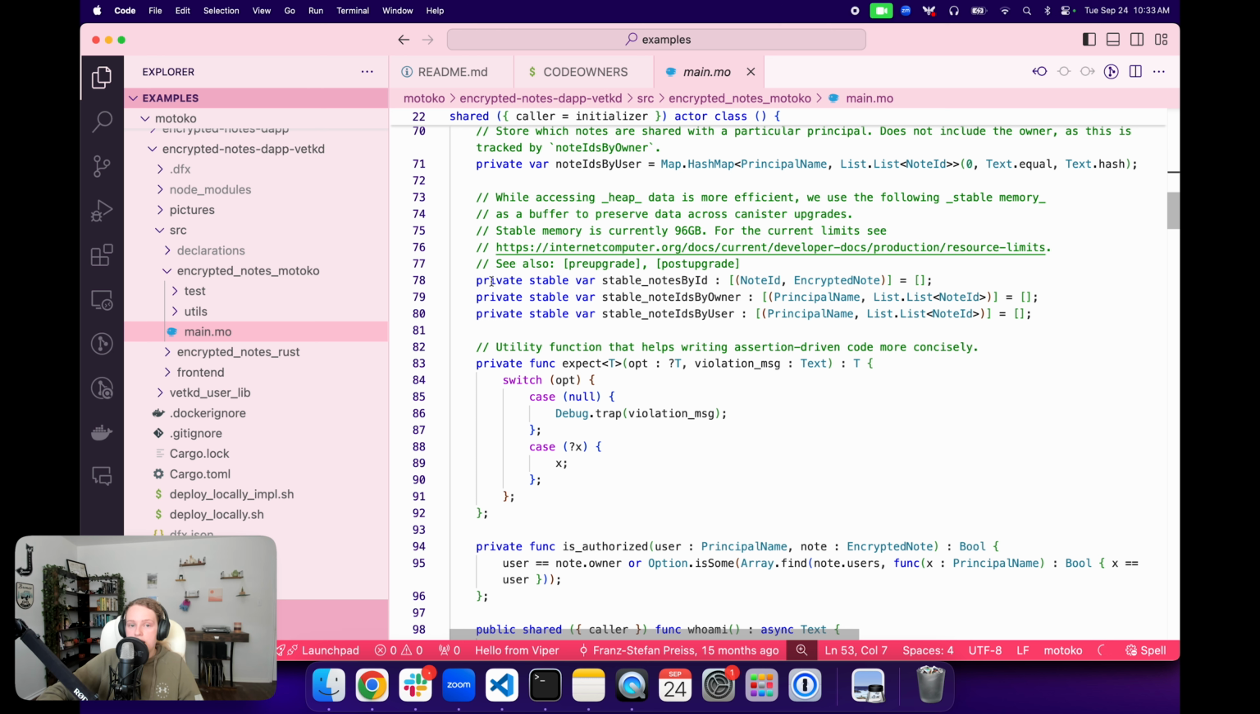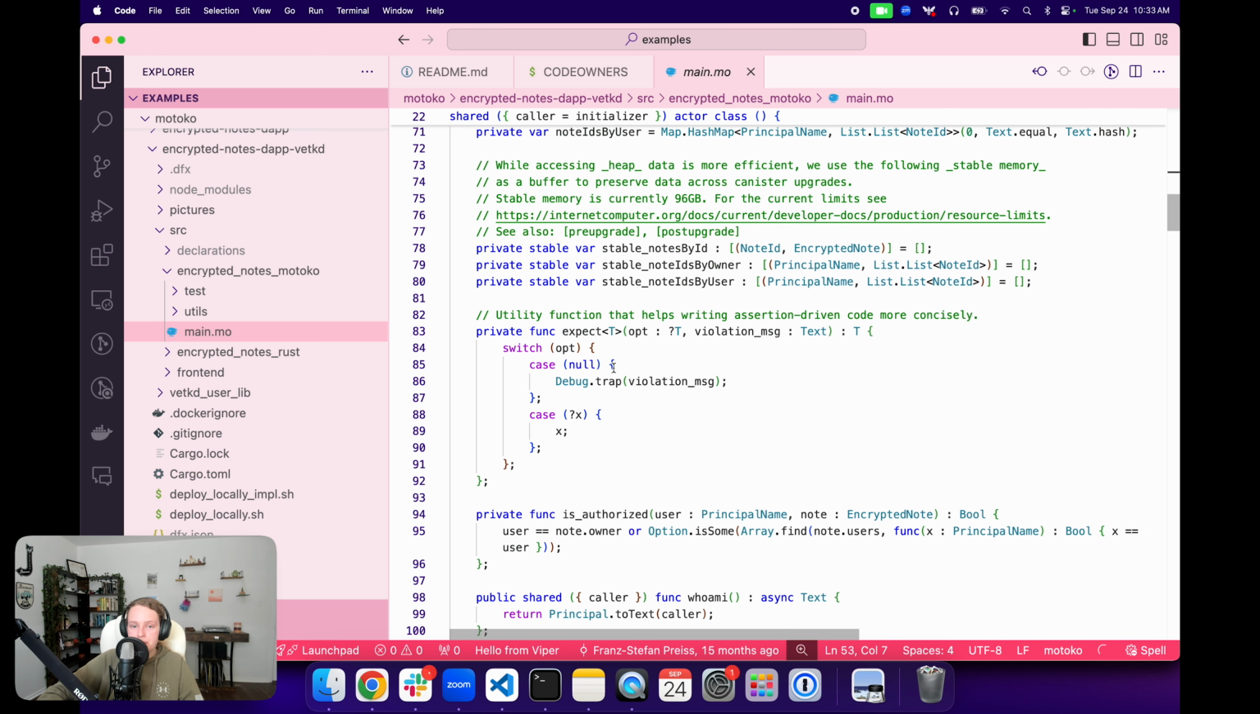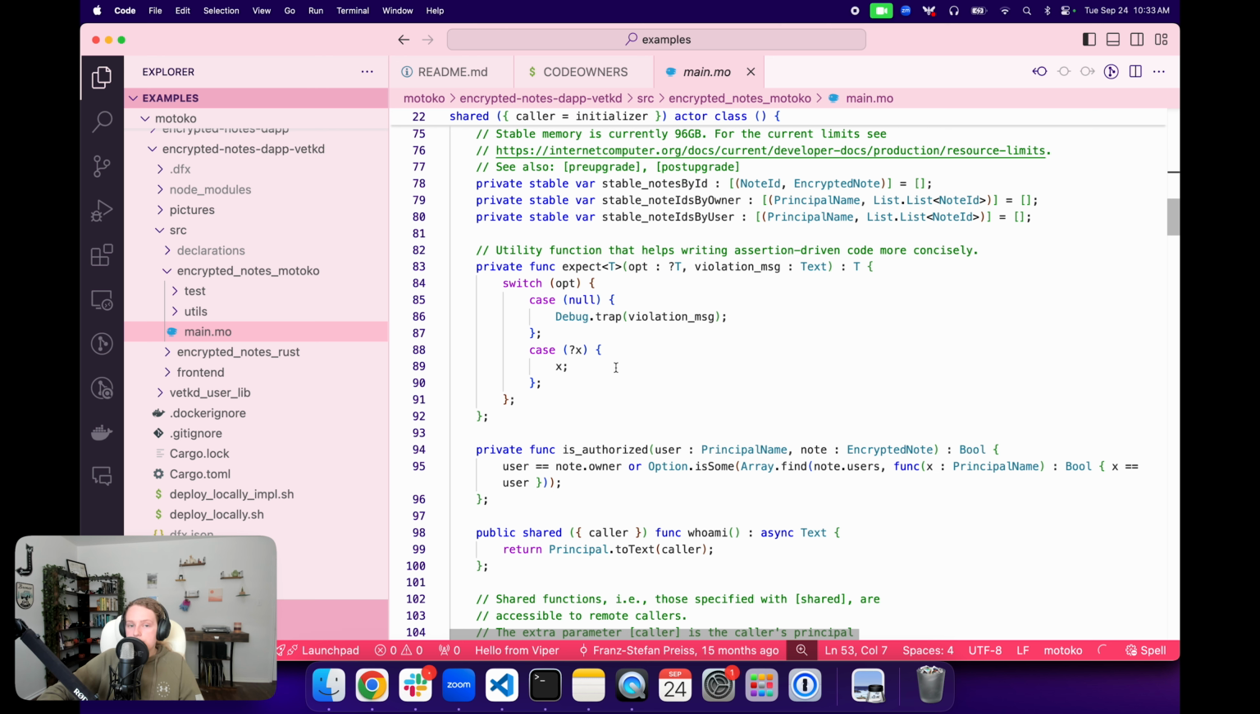So we are going to have private stable var, and then stable notes by ID, and then it's going to define the note ID and the encrypted note. And then we are going to do the same for the stable variables note IDs by owner and note IDs by user. Then we are going to use a utility function to help writing